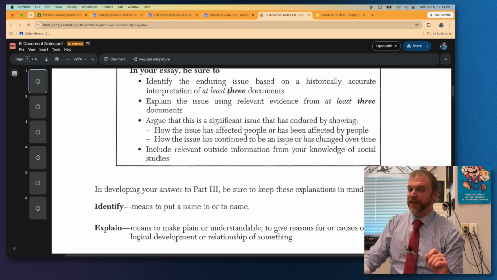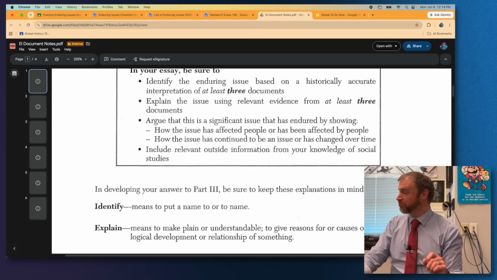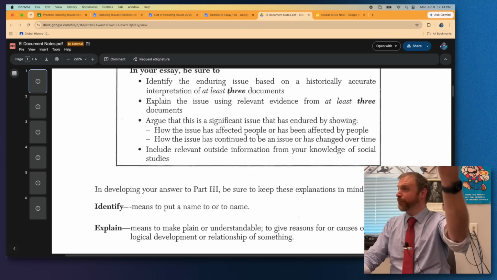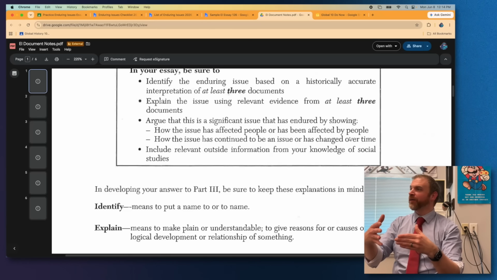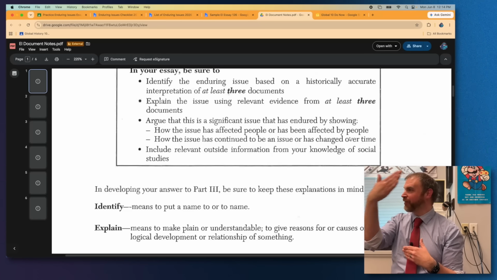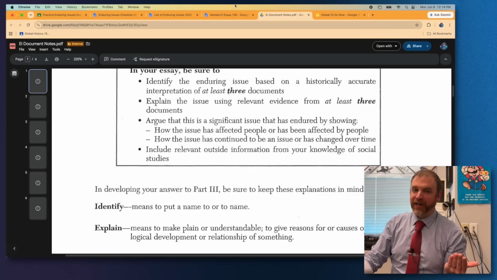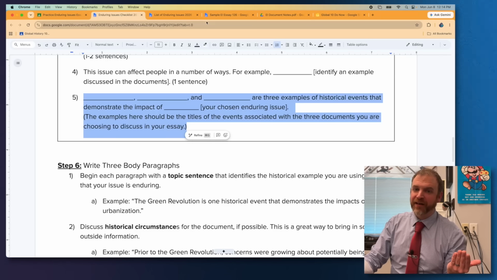If you look at the essay test, look at this phrase right here. How the issue has continued to be an issue. That's where you try to write about something current or has changed over time. And I hate the way this is worded because all this means in plain English is what has the world done to make the issue less of an issue? For human rights violations, that's not hard. We talked about this a lot in class.